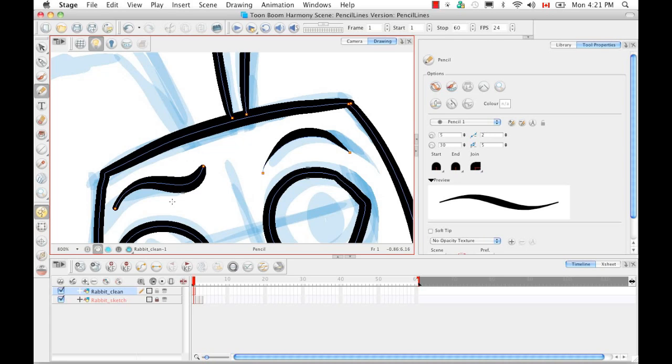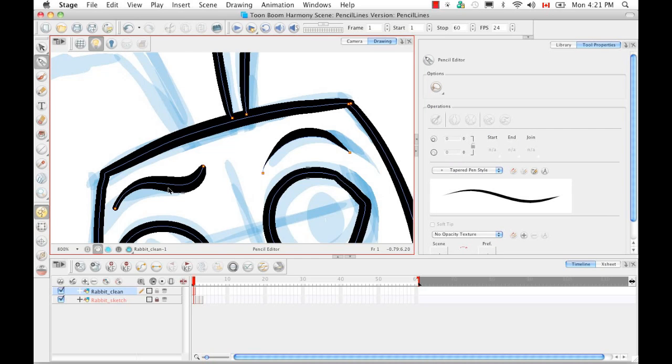Okay, so that, for example, we can see it's much thicker on this side and much thinner on this side. So if we go back to the pencil editor and we select this line and we click on this button here, we can see that automatically the thick part of the line is now on the opposite side and the thin part of the line is now on the opposite side to where it was just a few seconds ago. And if we click on it again, we can reverse, or in other words, it reverts back to the way